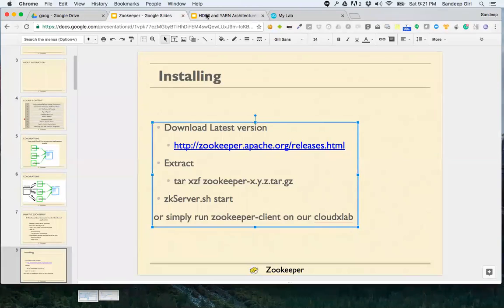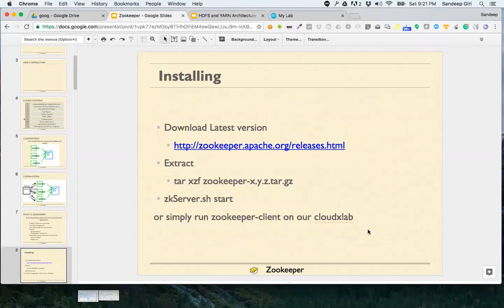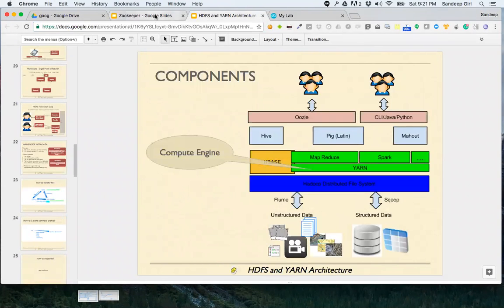So my plans of running Zookeeper before MapReduce are a little off.